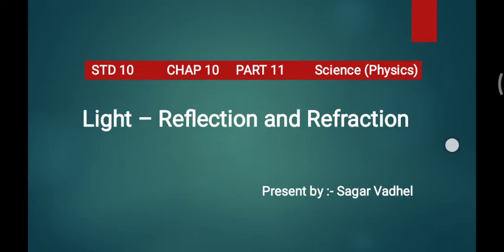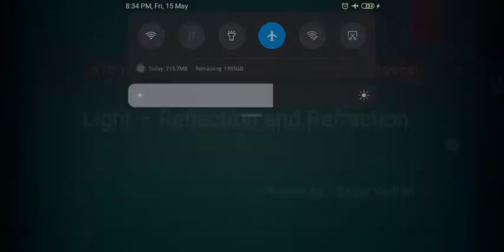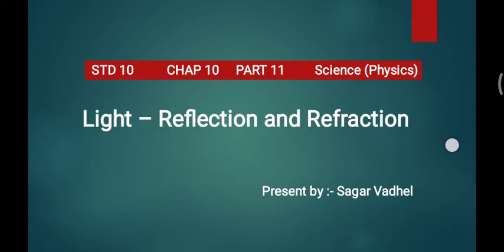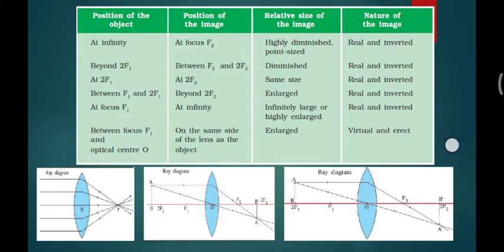At the last, in part number 10, we discussed refraction and image formation with the help of the convex mirror and particularly the concave mirror. Today's discussion, the intro of this part, is about the images formed with the help of lenses, which we did earlier in part number 10. We are just recapping these things briefly.